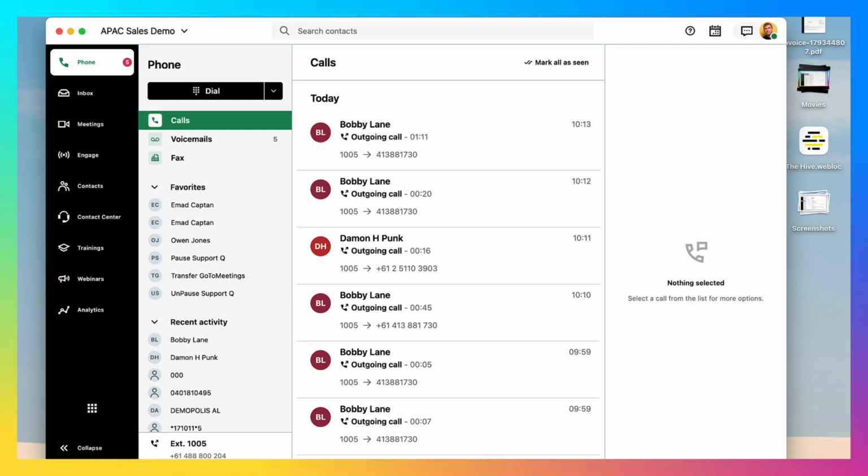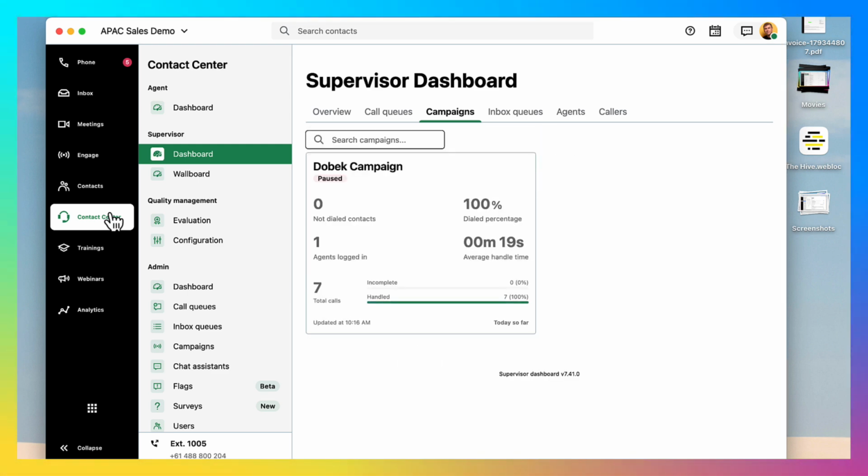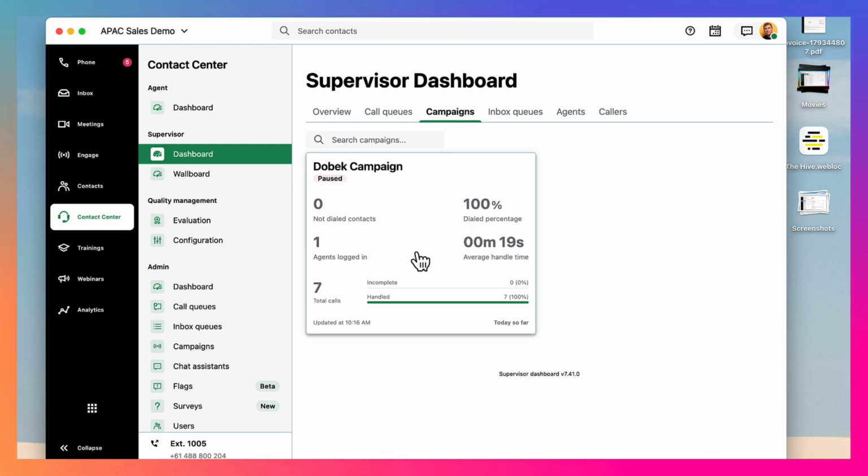As a GoToConnect user, I have the option to include Contact Complete, which will add contact center functionality. And of today's interest is the outbound campaign capability embedded within the contact center functionality. So, as a supervisor, I have an ability to look at different campaigns. So currently I've created a new campaign and I can see that I have had some activities on that campaign